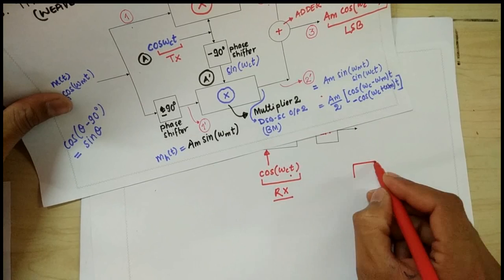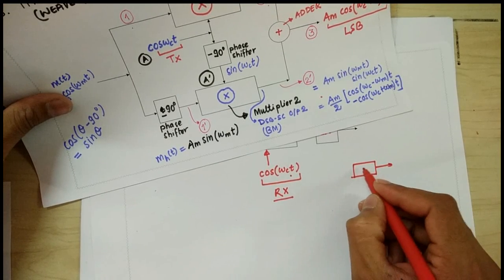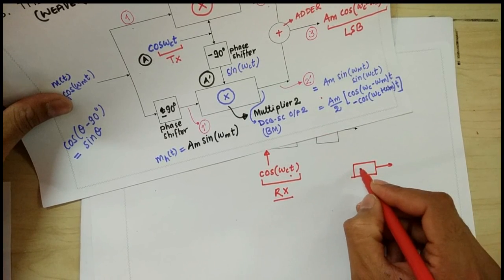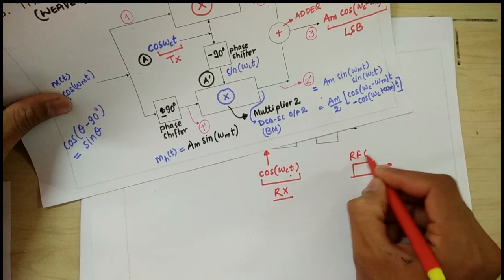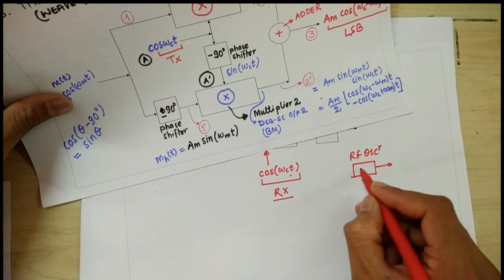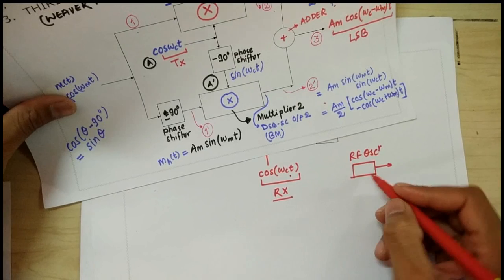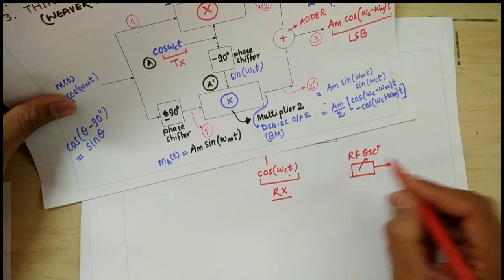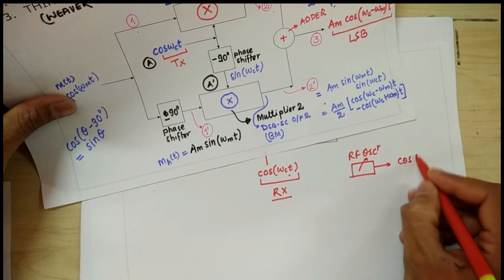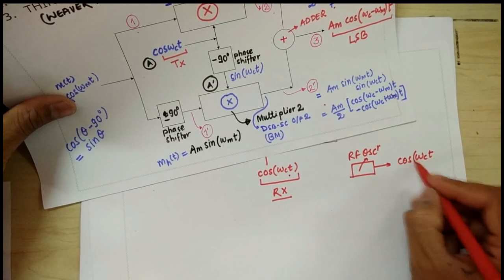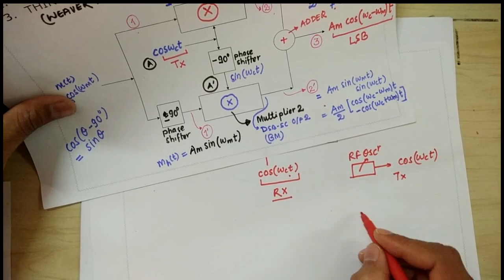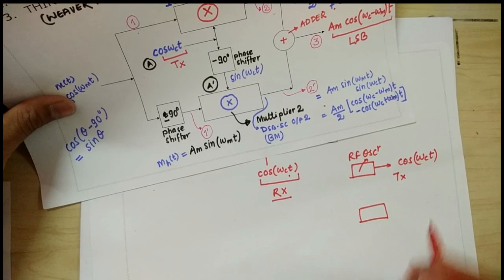As I am going to generate a signal, that is an oscillator. So this is just an RF oscillator which is going to generate the carrier signal. So this block is going to generate the carrier signal of frequency omega c t at the transmitter. So at the receiver,